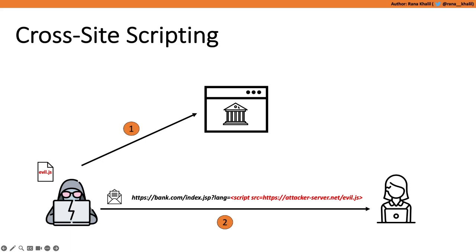So it gets reflected back in the browser. And the attacker finds out that the lang parameter, which should really just have either EN for English or FR for French, was found to actually accept any string of characters. And so what the attacker does is construct a malicious script, host that malicious script on his server, attackerserver.net, and then use the vulnerable parameter to call that script and execute it in the